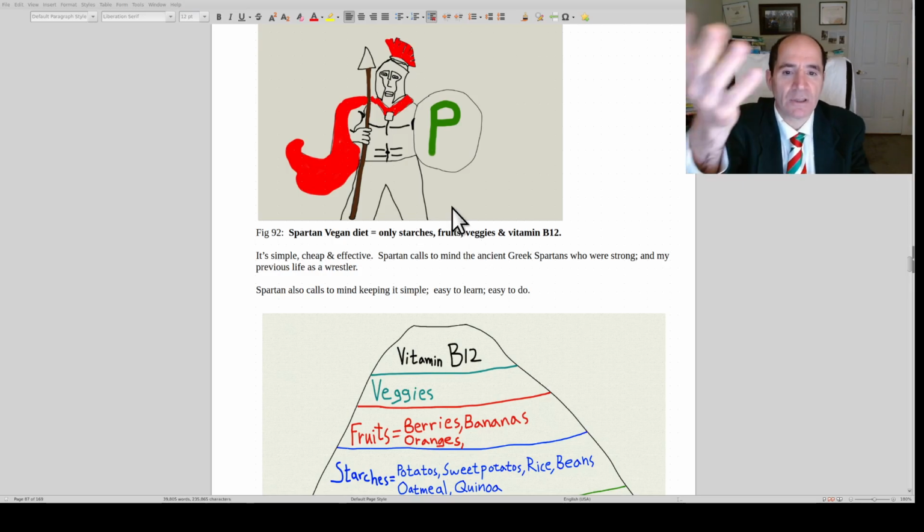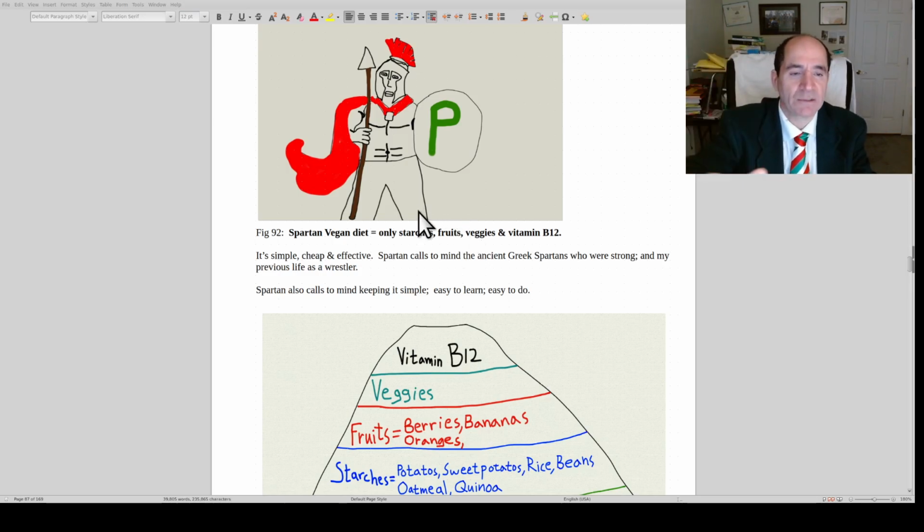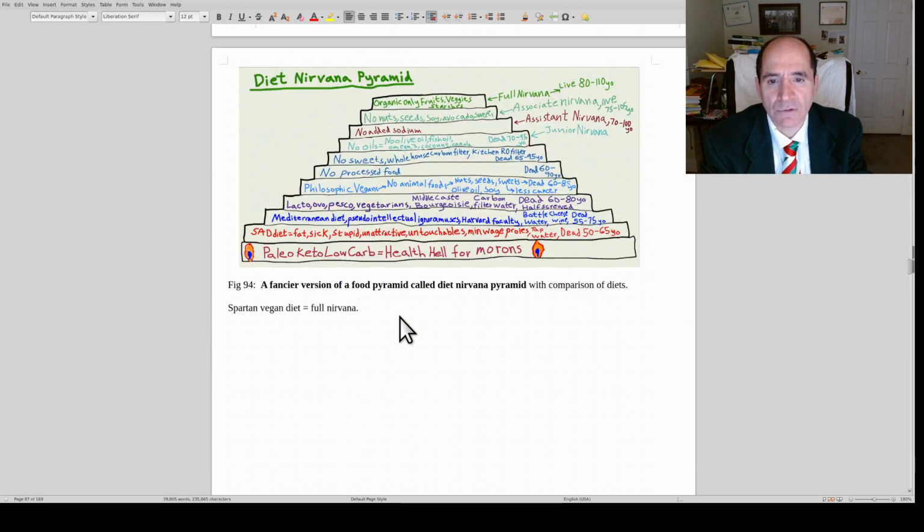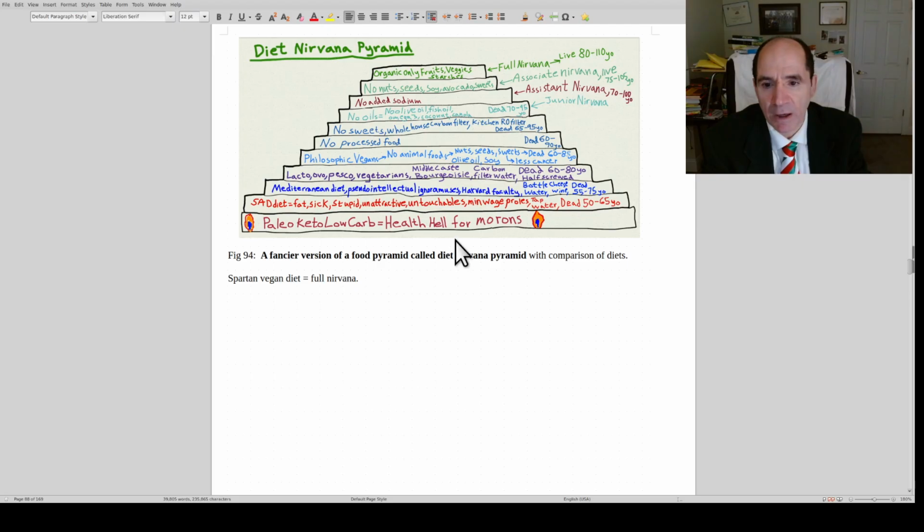Okay, my little version of the diet, I call it the Spartan vegan diet, kind of like Spartan in the sense that it's sparse and simple, and also in the sense that I used to be a wrestler in college and everything. Okay, I think I already showed you this dietary pyramid, very simple. This was sort of joking around. I made a diet nirvana pyramid, where I talked about the paleo keto at the bottom as health hell for